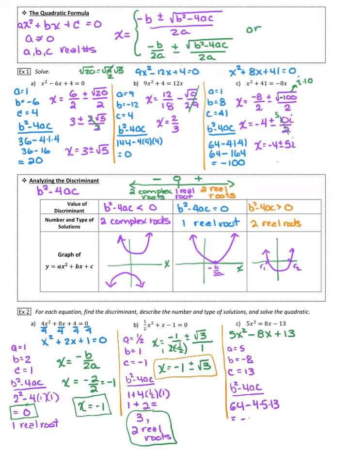Working that out, I get a negative 196, which means I'm going to have 2 complex solutions or roots. Just so you know, those mean the same thing. So we'll kind of emphasize that. So there's my discriminant. There's what the discriminant means. Now let's find,